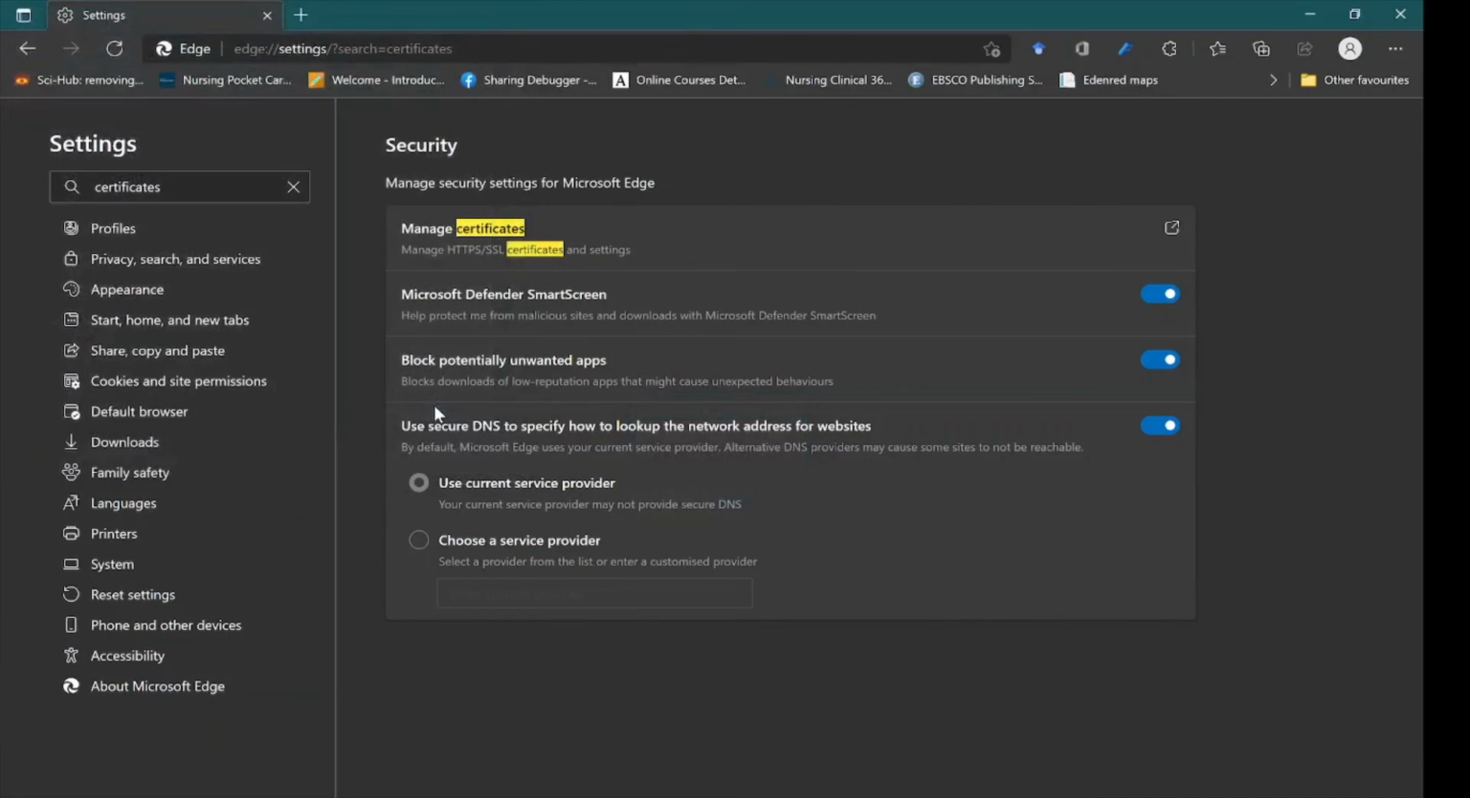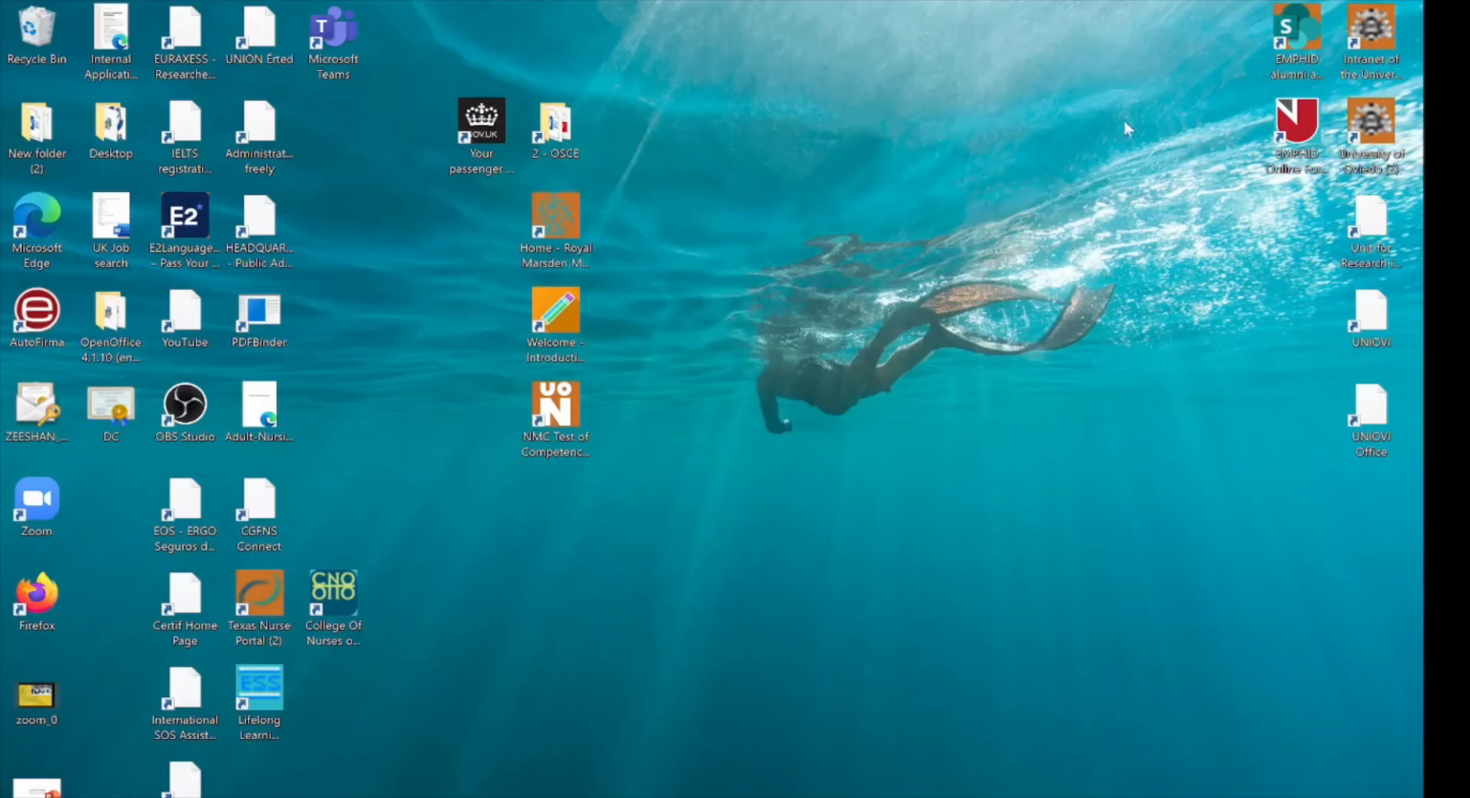Click OK, click close. You can close that as well. And if I go back to my desktop, you will see my digital certificate here, this one, DC. I'm not going to open it for obvious reasons. Of course, it has my personal identification information, but I hope it helped you knowing what to do if you want your digital certificate